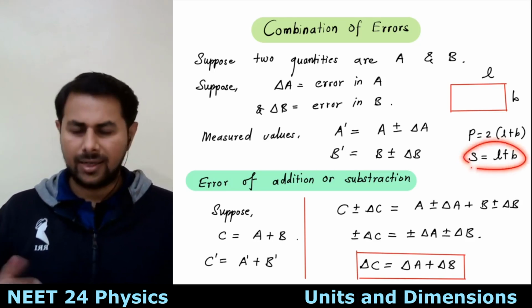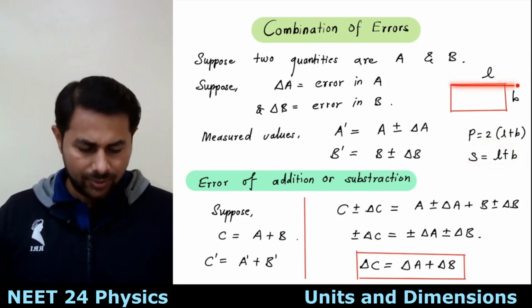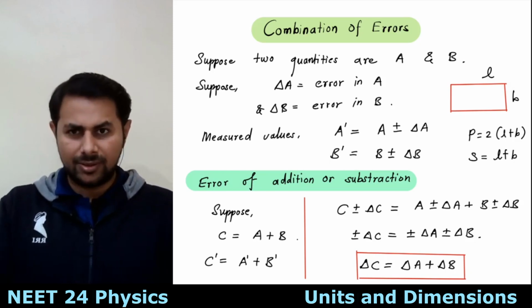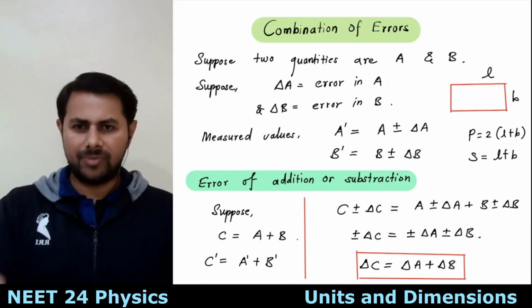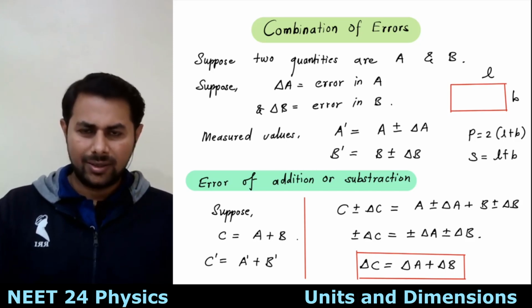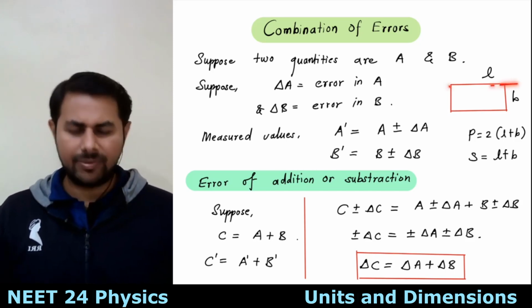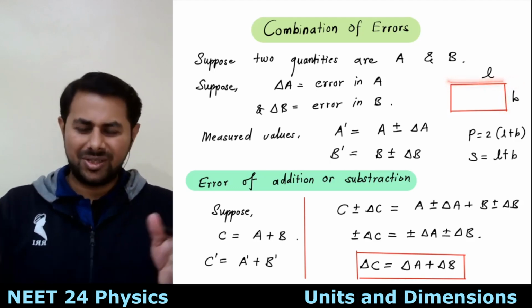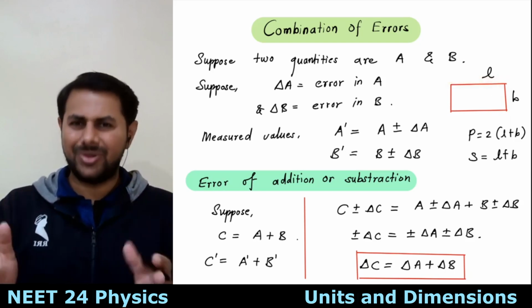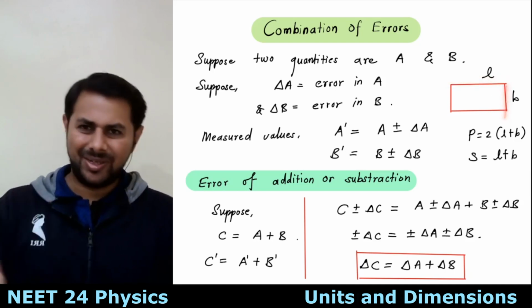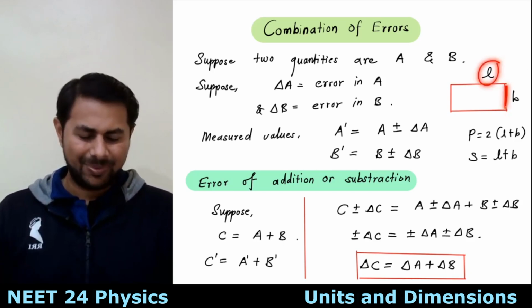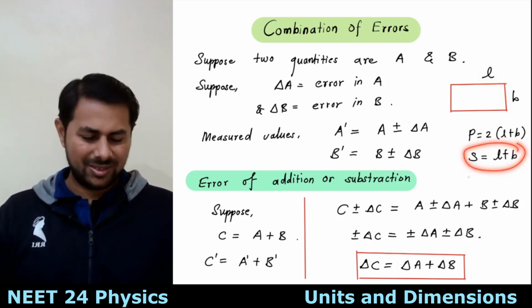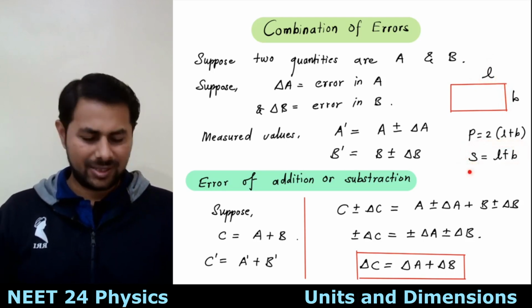So here you need to add up the two quantities, right? You need to add up the length and the breadth. So for length you will take separate measurements, okay. For breadth you will take separate measurements, right? And then there might be n measurements for length, there might be n measurements for breadth. Then you will find out the true value of length, you will take mean of all those measurements, right? And you will find out mean absolute error in length. You will find out mean absolute error in breadth. So what will be the mean absolute error in the semi perimeter? That's the question.